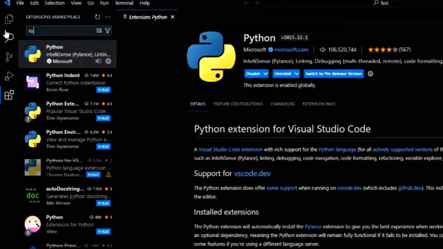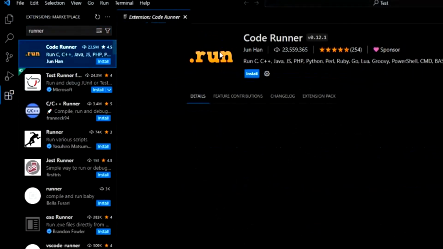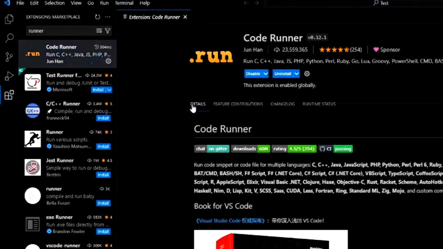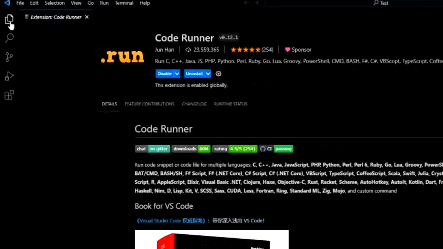The next extension we are going to install is CodeRunner. CodeRunner is a VS Code plugin that allows developers to run snippets written in different programming languages. Other features include running a code file in the currently active editor or through the context menu, running a selected code snippet,